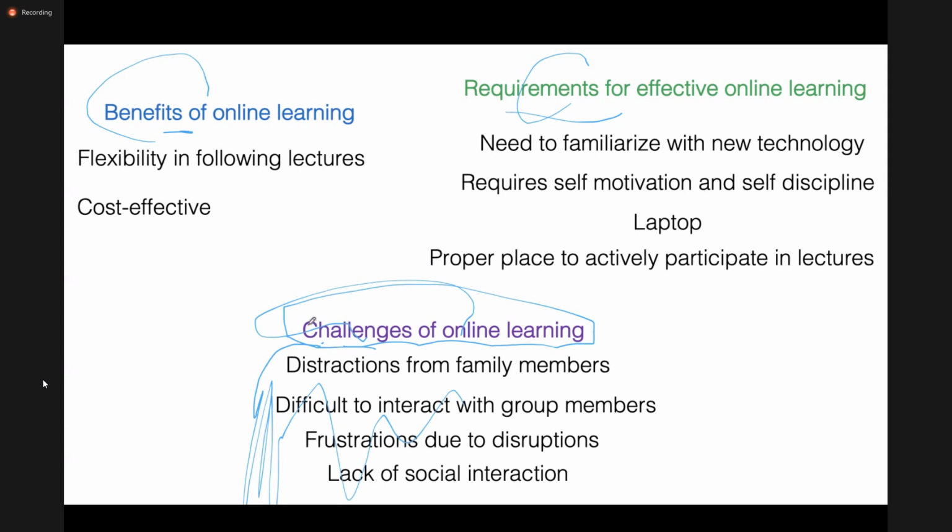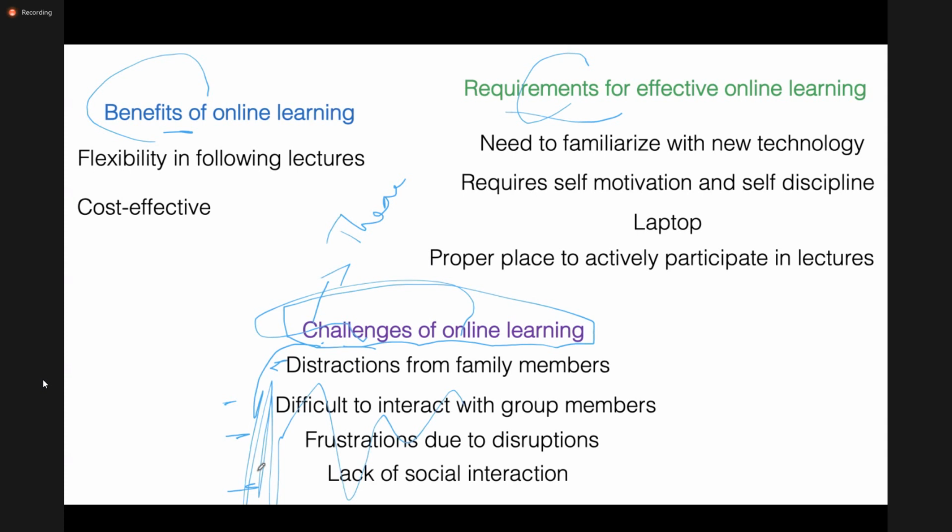So okay, you might decide then, okay, I can have the challenges as my theme category, and I can actually identify several subcategories, subcodes under that. So it talks about distractions from family members, difficult to interact with group members, frustrations due to disruptions, lack of social interaction.